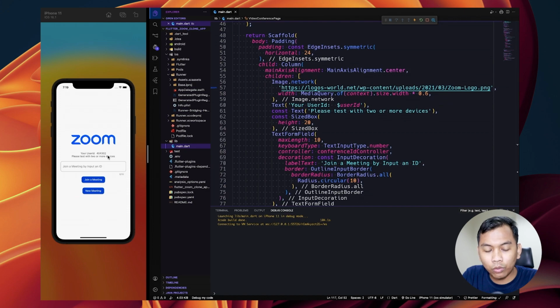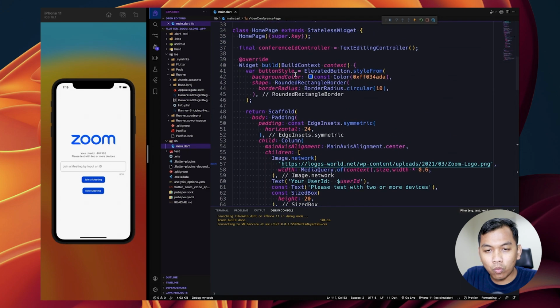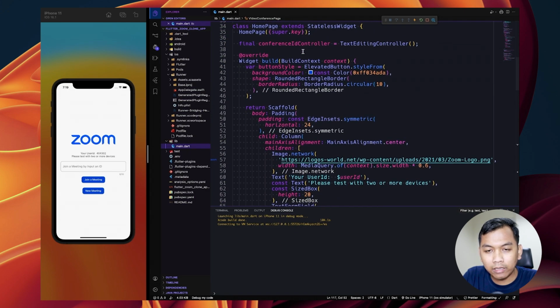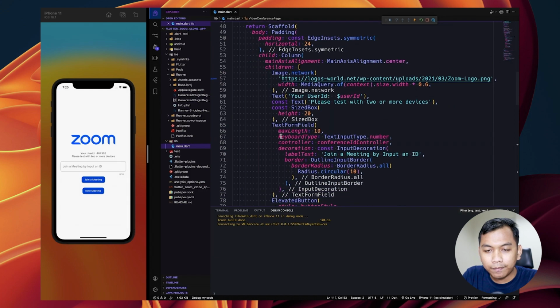Please test with 2 or more devices, and this is our text form field, and we have created our controller which is conferenceIDController. The maximum meeting ID will be 10-digit length, and we have 2 buttons, join a meeting or new meeting.